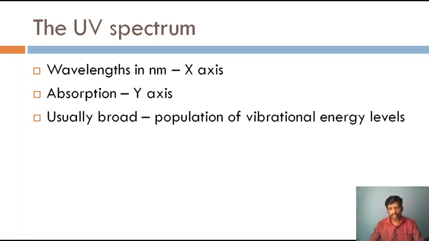How can you identify it? There will be a very broad band, like a mountain. Each peak looks like a mountain, a parabola-like structure. It is usually broad. The reason you very well know, because you have completed UG, PG. In the Jablonski diagram, from the ground state to the excited electronic state, the electron may reach any vibration level of the excited state, and therefore there are an enormous number of possibilities for transition, so almost all the radiations in a particular region are absorbed, and therefore there is no sharp peak.